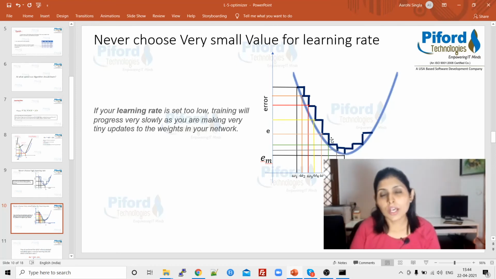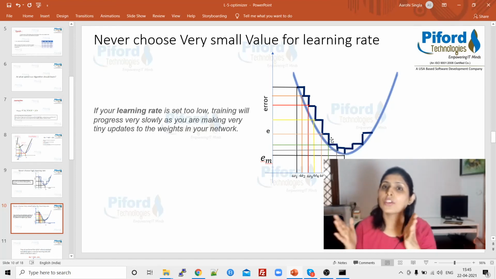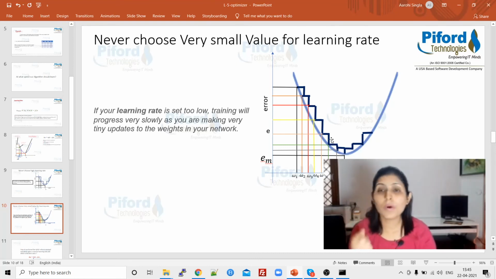Let's suppose the initial weight value is 1, and the next is 1.1, and after that the next is 1.2. So we are taking very tiny steps, right? Your algorithm will get trained very slowly. So this is the problem if you choose a small value of learning rate.